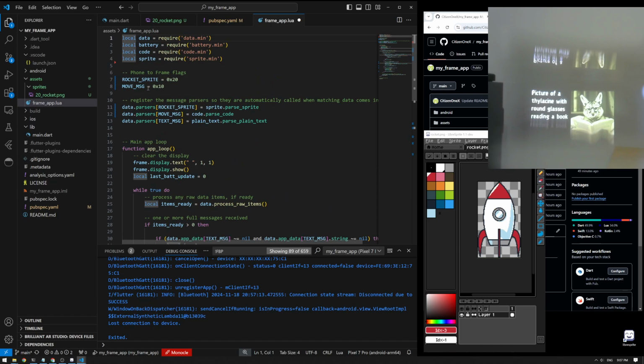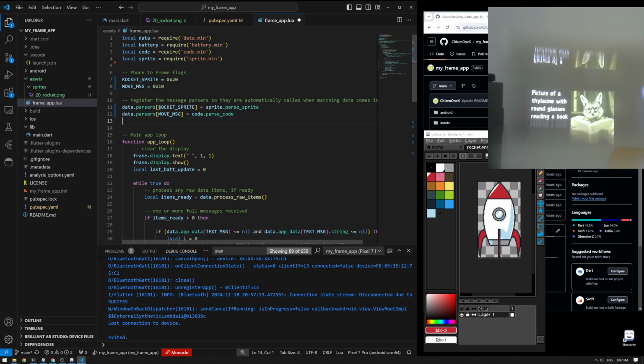Now, so I've got these two messages coming from the phone to the frame, and I've got no messages going back from the frame. But if I had a camera or an IMU or something else that I was using on the frame, I would have a message code for stuff going back the other way. But now, I didn't talk much about this in the first one, but this is this data library that I've made, which